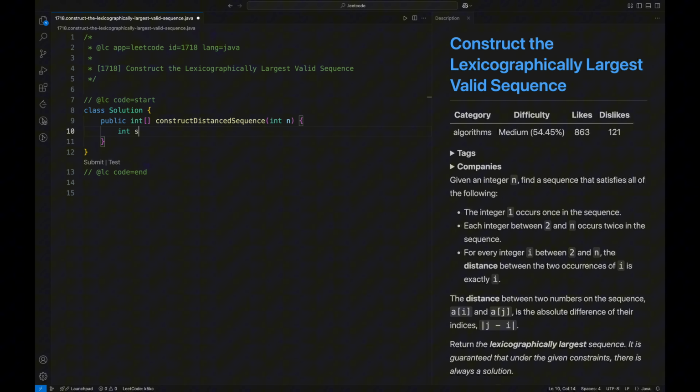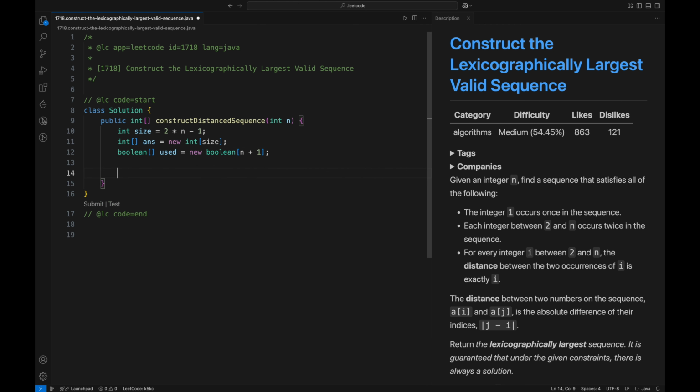First, let's calculate the size of our answer, which will be 2 times n minus 1. Now let's initialize our answer array of this size and also create the Boolean array used of size n plus 1 to track the numbers that have been placed, and start the backtracking process with the helper method placeNumbers, which will take the number n along with the answer and used arrays and start filling in the answer array from position 0. And once the function completes, we will return our answer